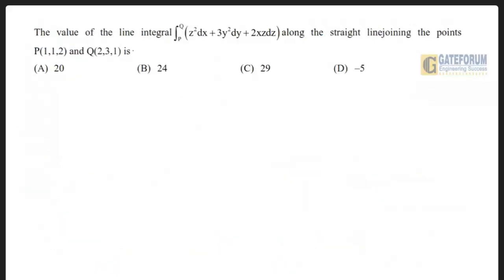The value of the line integral from P to Q of z square dx plus 3y square dy plus 2xz dz along the straight line joining the points P(1,1,2) and Q(2,3,1) is, 4 options given. This is from engineering mathematics, from the topic vector calculus. And the solution is: